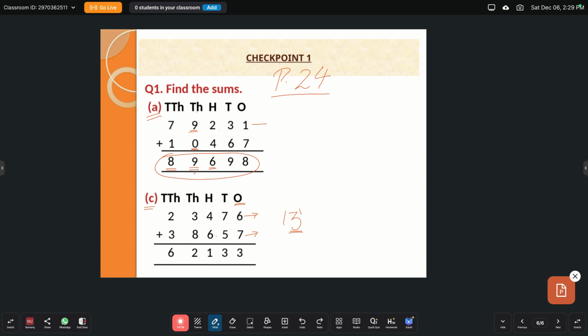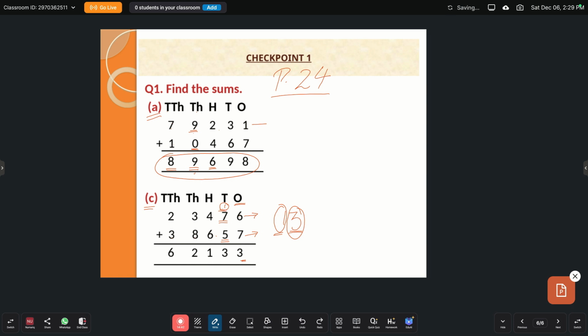We have to write this ones digit here in this column. And the digit that is next to it, we have to carry over to the next column. What is the next column? It's the tens column. So we will carry over this 1 to this column, beta. So 3 is written here and 1 is carried over to this column. Now we have to add these two addends and we have to add this carried over digit also.